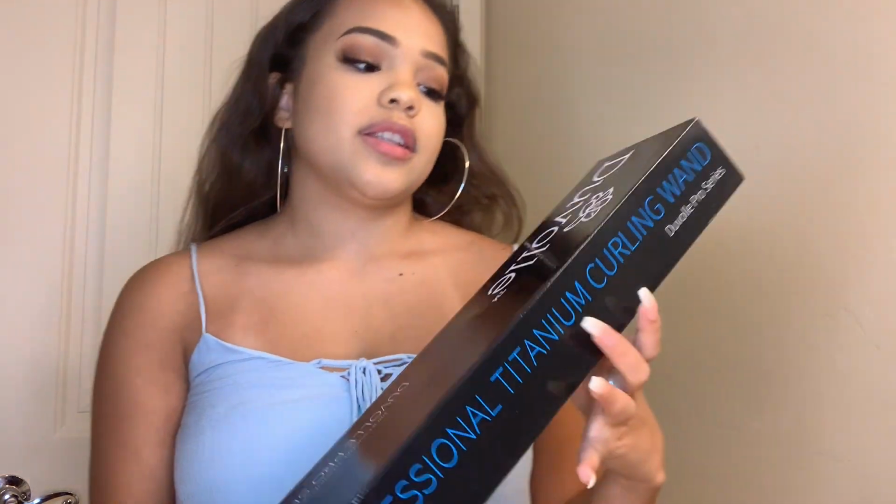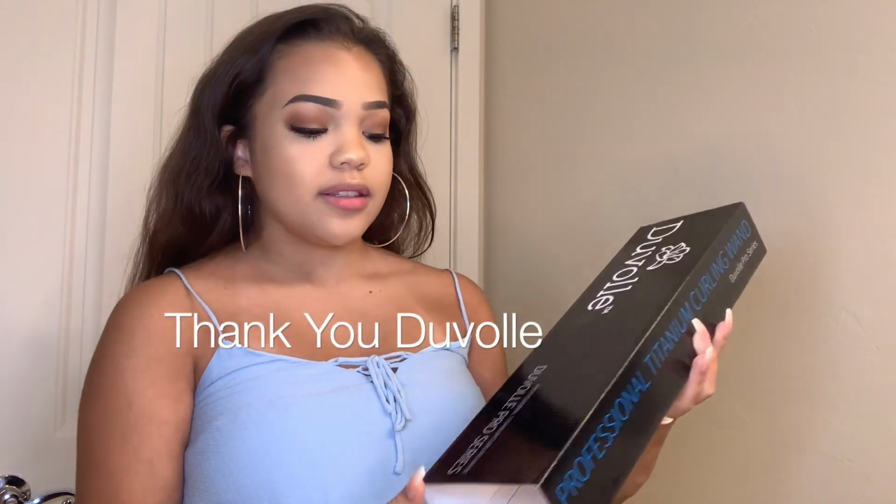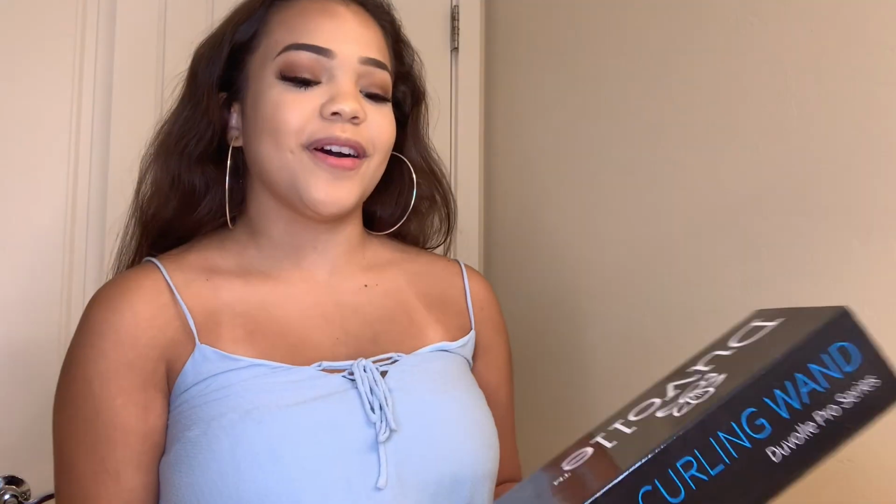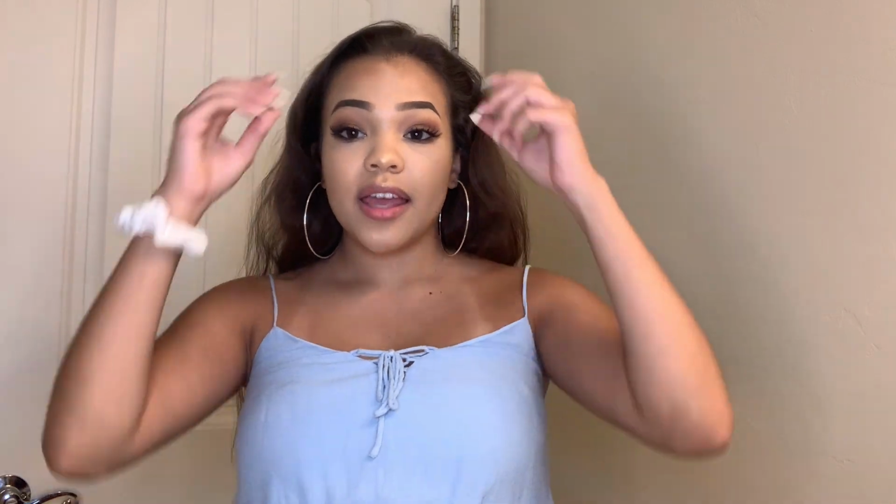just to add some protection for the heat damage. And then I'm heating up the curling iron right now. So this curling iron was sent to me by the company DUVOLLE, and it's the professional titanium curling wand in the DUVOLLE Pro series. It's the 32mm size,